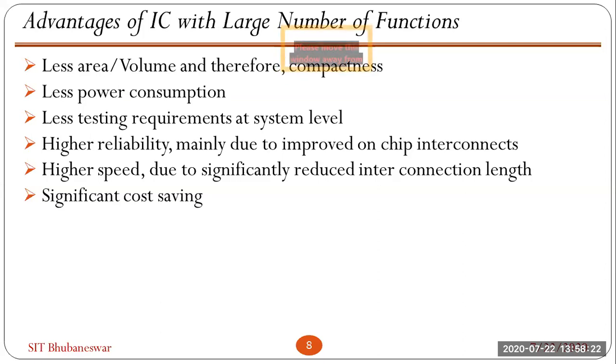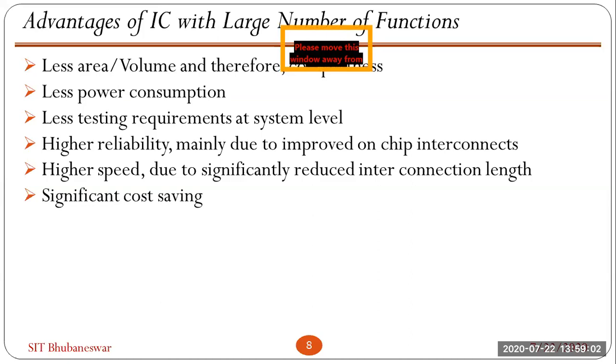We rely on this as highly reliable because all the interconnects are inside the chip, the interconnection through the wire. So this is not on a board. Whether the wire will open or short or be damaged, that's not the problem because everything is inside the chip. Once it's fabricated successfully, nothing will be a problem. It will run for some years without any problem. That's why it's more reliable.